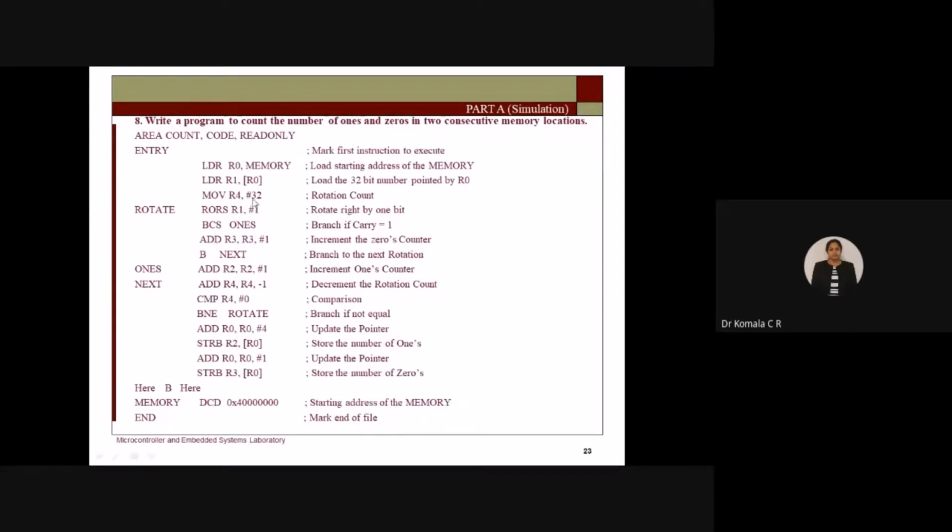So I want to keep track with the help of R4 now. What is there in my R4? Initially 32 when you check the first bit. Before I go to the next bit, I will decrement the counter value. So ADD R4, minus 1. So what will it do? You will decrement the value of R4 by 1. 32 minus 1 is how much? 31. 31 is stored in R4. That means 31 bits are left. So that is kept in R4. How will I know that? I will compare the R4 content with 0.